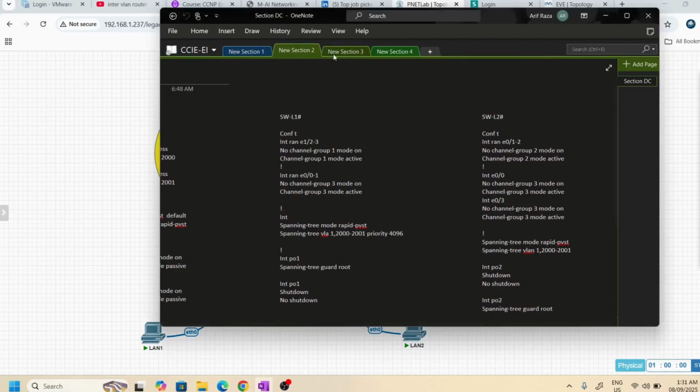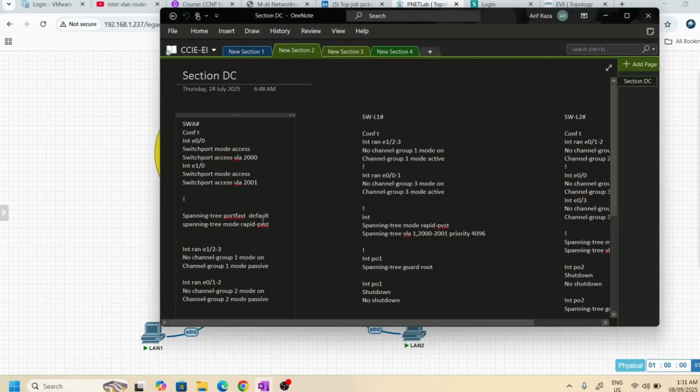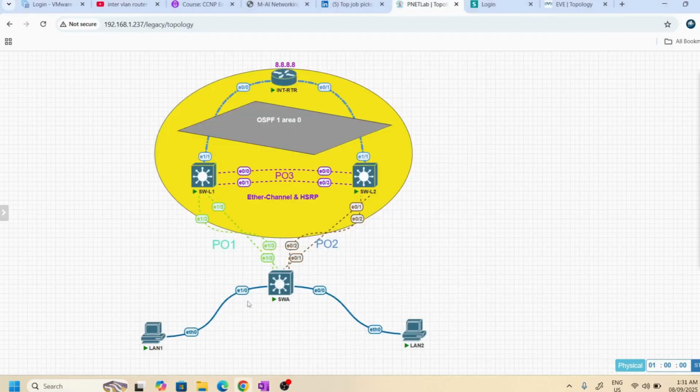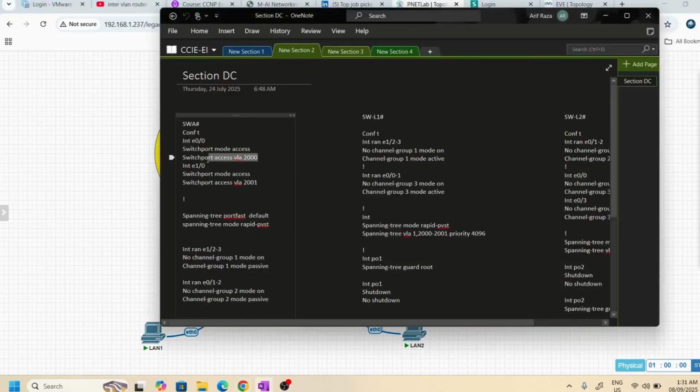See, Ethernet 1/0 and Ethernet 0/0, VLAN 2001 and 2000, I have defined here. E0/0 is 2000 and E1/0 is 2001.